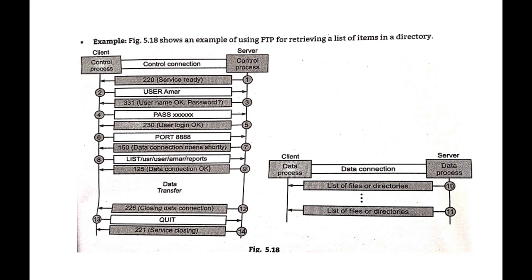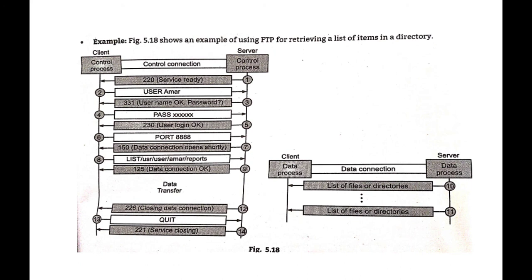So the client can use the two choices. One is the quit command. The quit command requests closing the control connection because the data connection is already closed. Now it can completely terminate the session, terminate the connection. So for that it uses the quit command. Or it can send another command to start another activity, or if the client wants some other data or information files, it can start another activity and eventually open another data connection. If there is no need for the next activity or data, it can send a quit command.